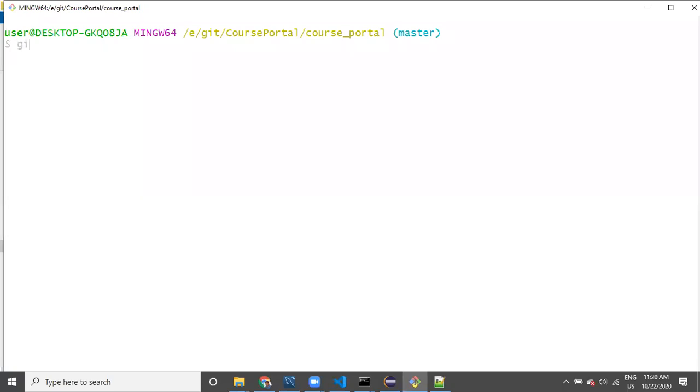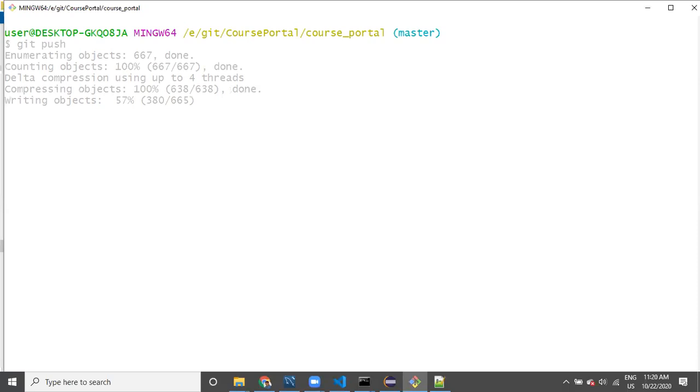Once we have done that, we can say git push. Git push means whatever files we have committed are going to be pushed to the server. Of course there are so many files.